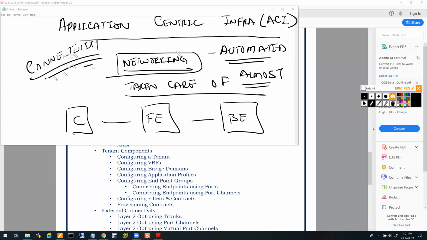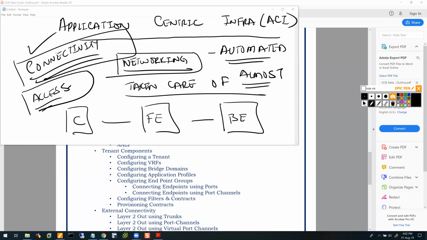Connectivity is taken care of. You need to provide access. Connectivity is done. How is it done? I'll explain that to you. But I want you guys to understand here, the focus is not too much on the networking part of it. VLANs, IP addressing, putting it into the appropriate VLANs, those things are taken care of. Your focus in ACI is predominantly on which clients can access what front-end servers, and what front-end servers can access what back-end servers,